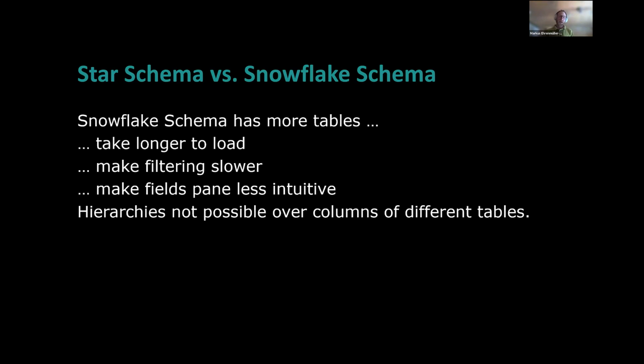And if you're working with hierarchies, I mean, hierarchies are not that important from a data model perspective in tabular. It was very important in multidimensional models, but not in tabular models. But it's a convenient thing that people can just drag the calendar hierarchy or the product hierarchy into the report, and with one drag and drop or with one click on the checkbox, they add the category, the subcategory, and the product name to the report. This is only possible if you have all the elements in just one table. So if you want to build hierarchies, you have to denormalize your dimensions anyways.